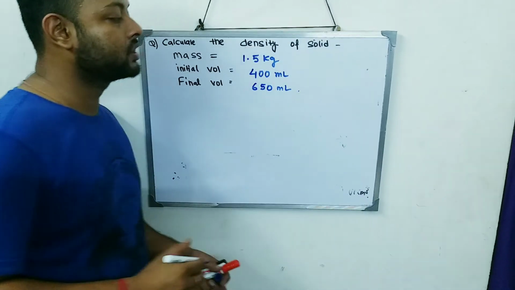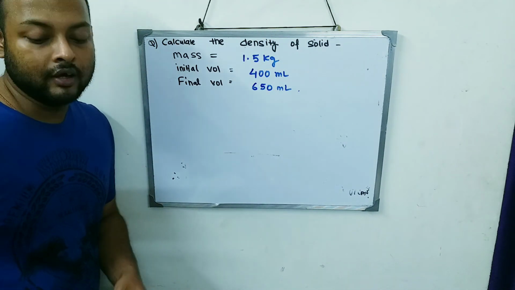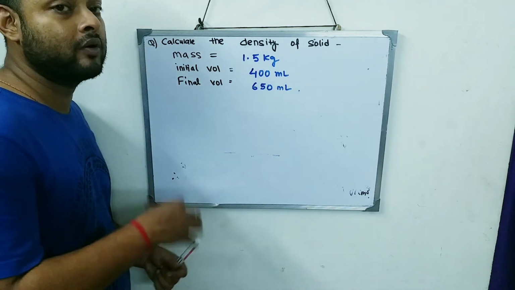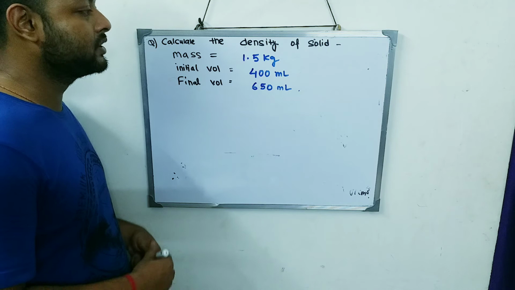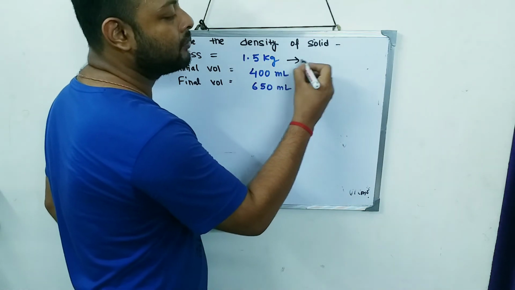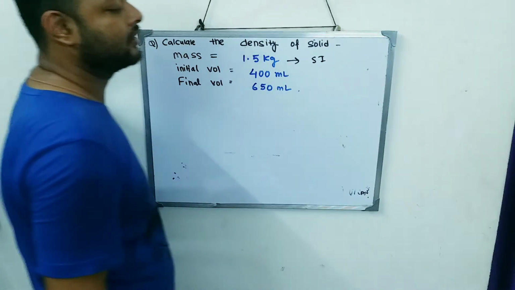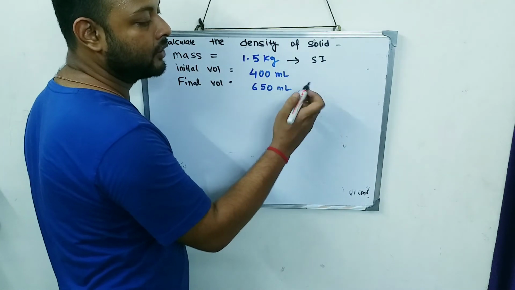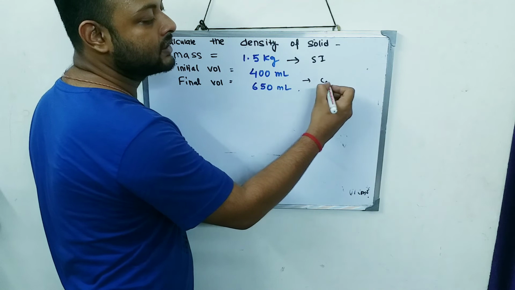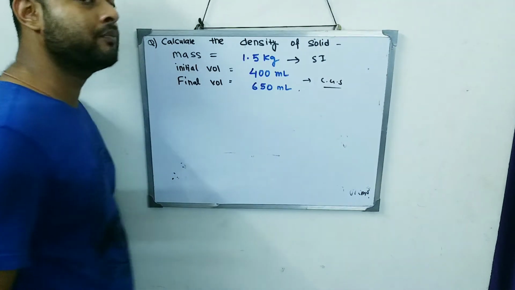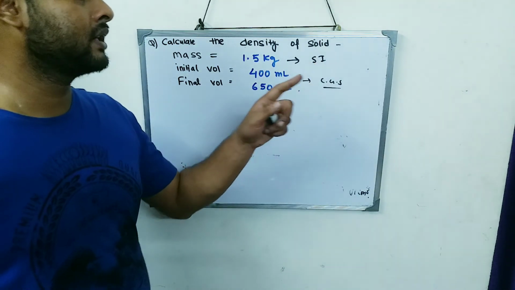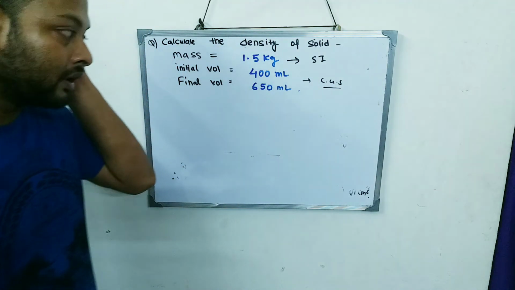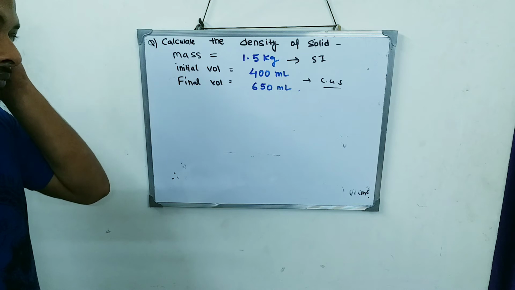Now in this question, how to approach the sum? Because the problem is little different. The problem is about the unit. If you see the mass, what unit is the mass given? SI. If I convert the volumes from ml to centimeter cube, then I'll get the unit in CGS. And here is the problem. One unit in SI, another unit in CGS, then the whole confusion comes. Now how to approach this sum over here?